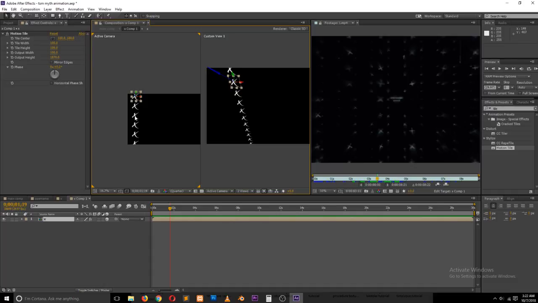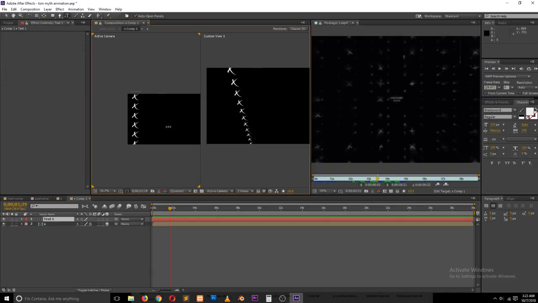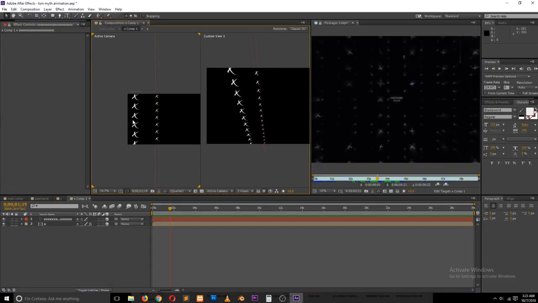We have that. We can also try out the vertical type. So X, and repeat that a few times. Convert it into a 3D layer. Actually, we could just use that instead of this, because as you remember in the